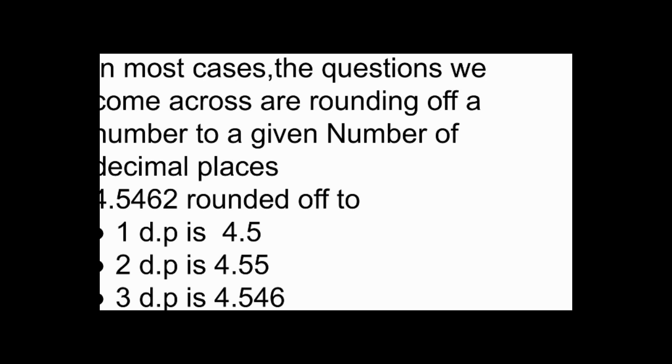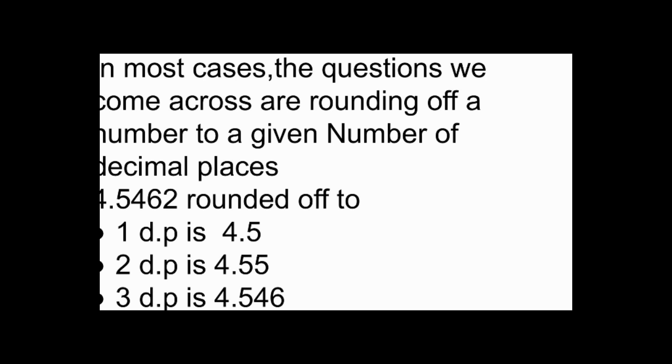But you realize that the third number is a 6, which is greater than 5. Therefore, it's going to round off 4 to a 5. So, in two decimal places, our number is going to be 4.55. Our